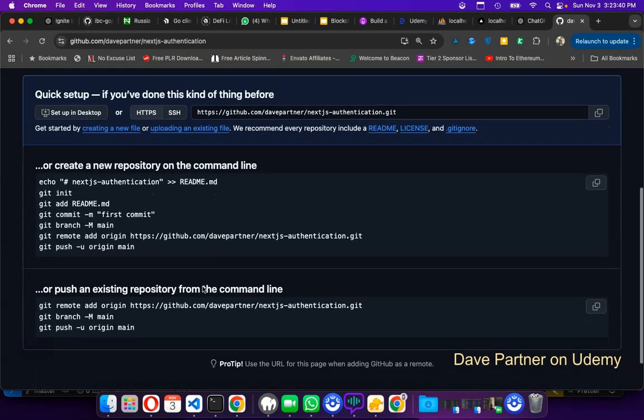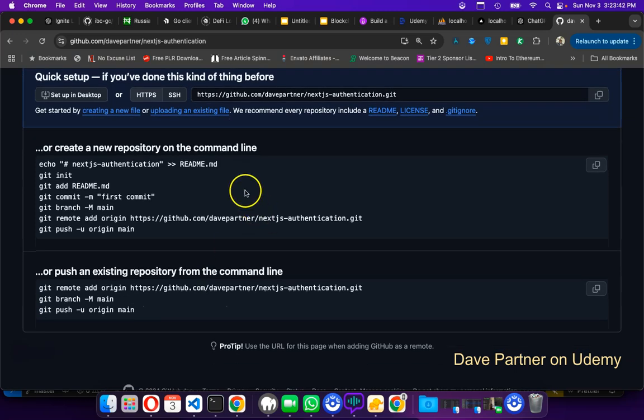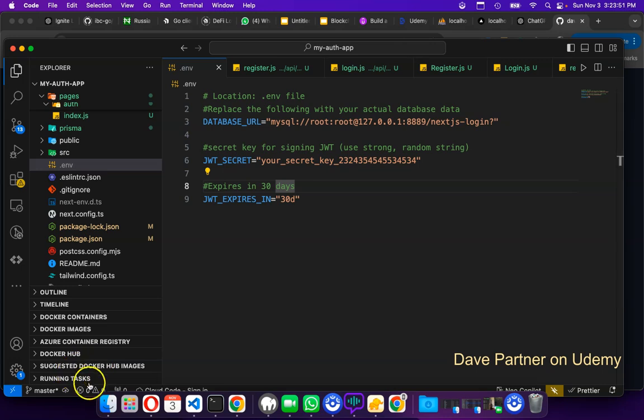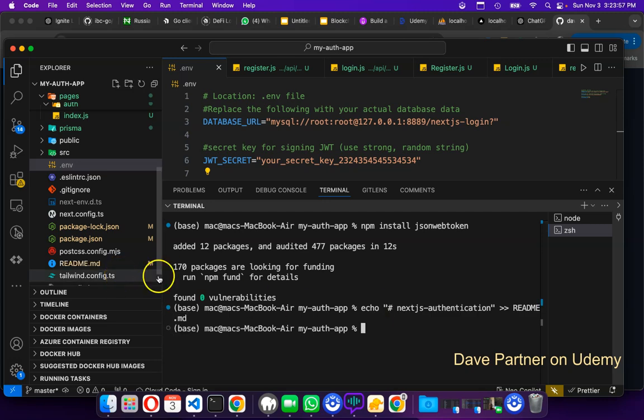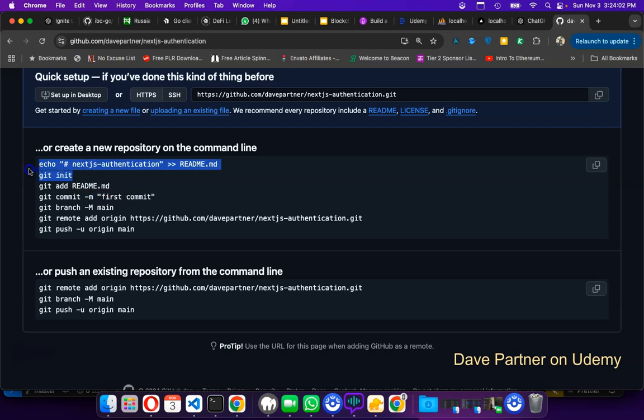So in this video, I want to push my code to GitHub so that you can have access to it. What we can do is simple. We just come to the command line and we create... Oh, there's already a readme. Come on. And we git init, and then